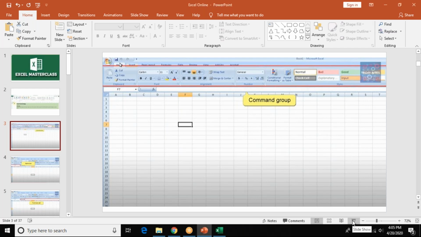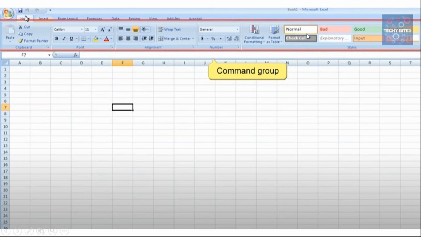What you see on the top is called the command group. The red mark is called the command group. This is where most of your operational activities happen. So you should know the terminologies and what each one stands for. Remember, it's a revision for you. Please have a notebook and note down the necessary things. If you're just staring at the screen, you will not learn anything. Keep writing. Spend the next 1 hour not wasting your time.